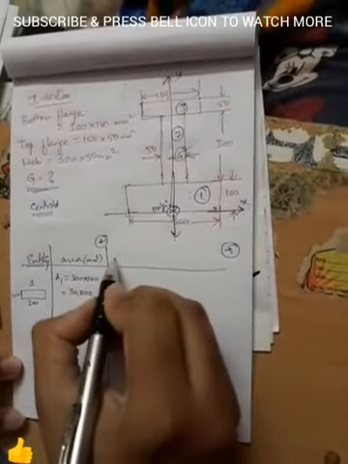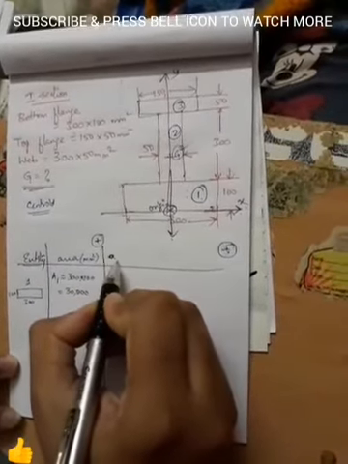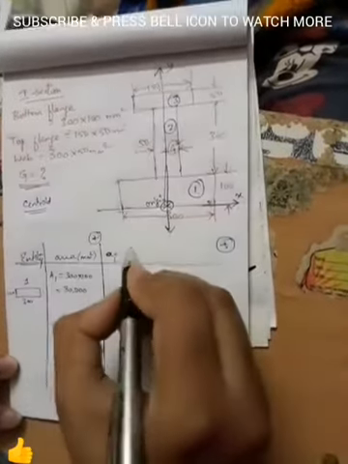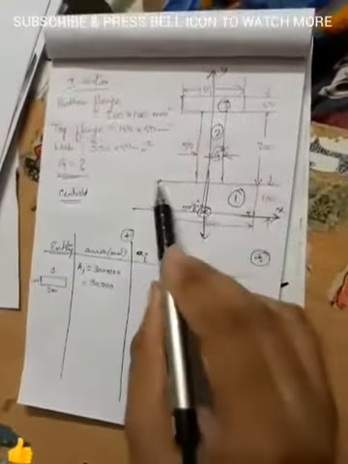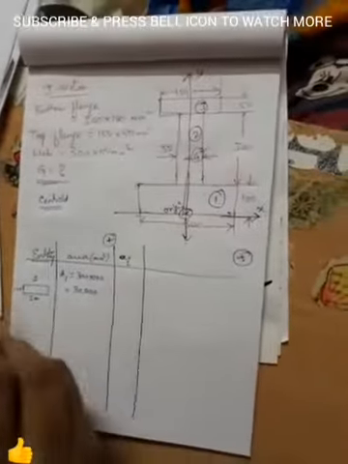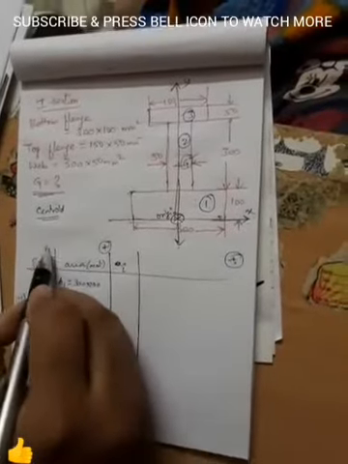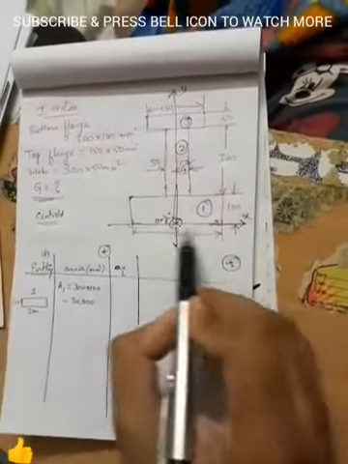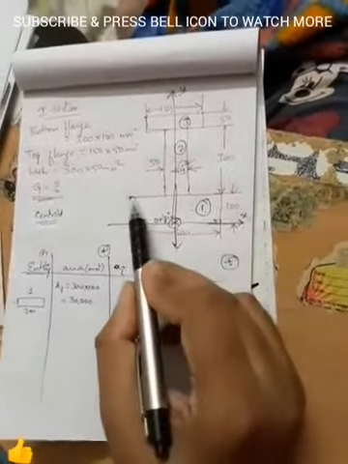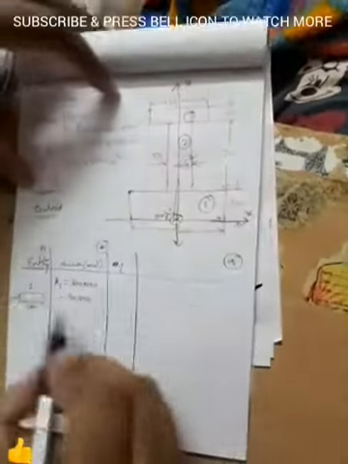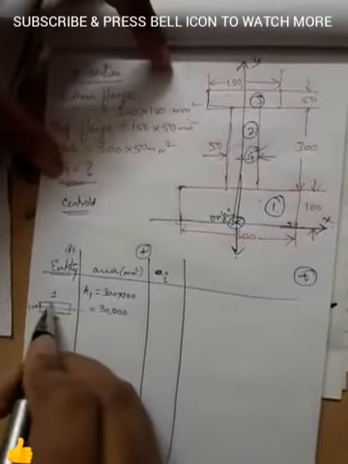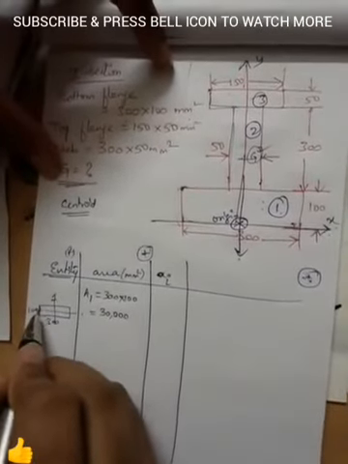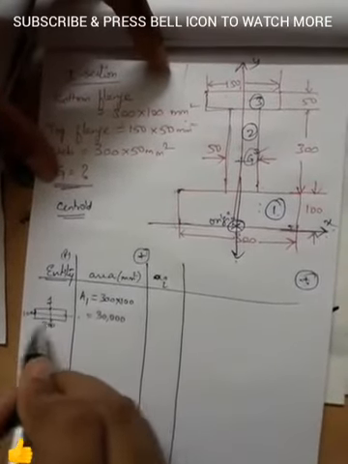Now let this be the xi. Xi is nothing but the x coordinate of the centroid of entity i. What is x1? In this particular object, if this is a rectangle, where will its centroid be? The centroid of a rectangle will be exactly at the intersection of the midpoints of opposite sides.